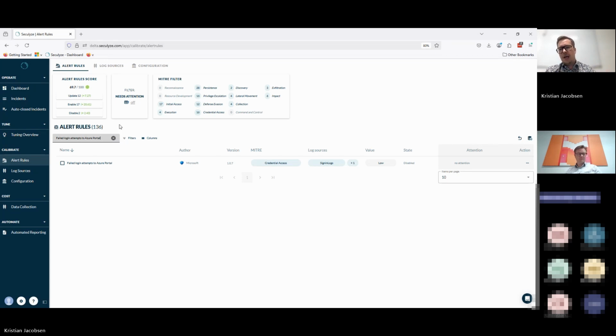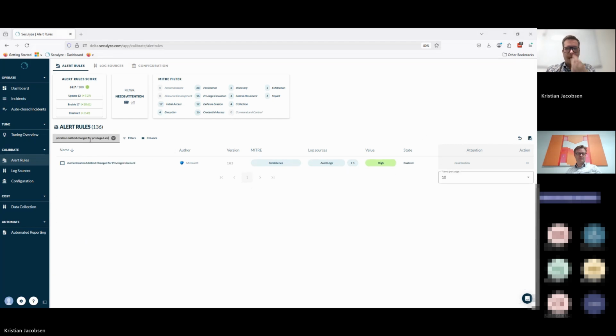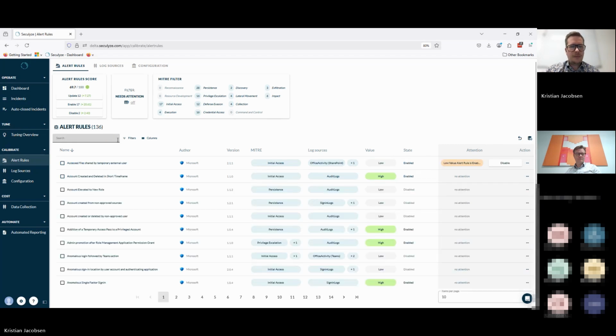So you want to remove the noise by disabling the bad alert rules, whatever you want to call it, and enabling the good ones. Another good alert rule could be, and this is actually fun because I had a customer that was compromised with this, authentication method change for a privileged account. I know it has nothing to do with brute force, but basically what they did is that they could go in and set their own MFA on that account, and then they could actually log on premise. So that could be a really good valued alert rule. But to come back to the whole brute force thing, we do have other things like password spraying and brute forcing against specific services that we would recommend. But just to